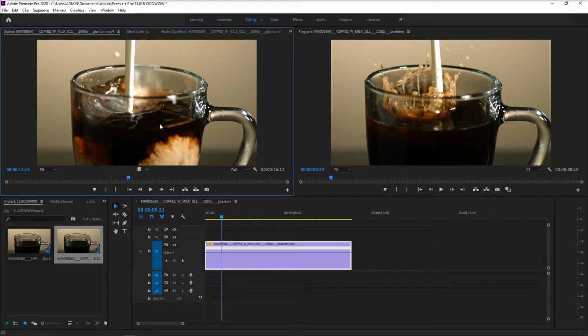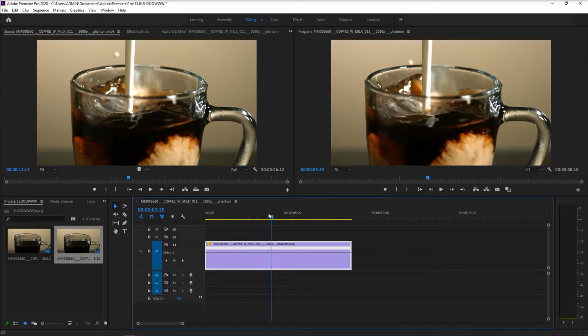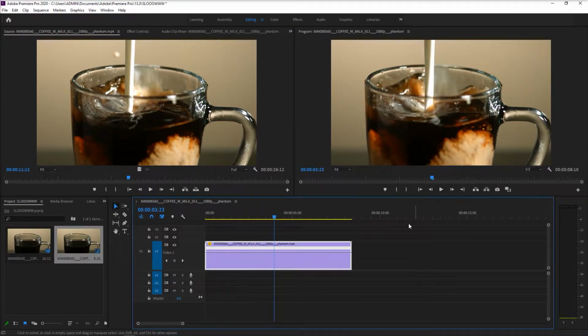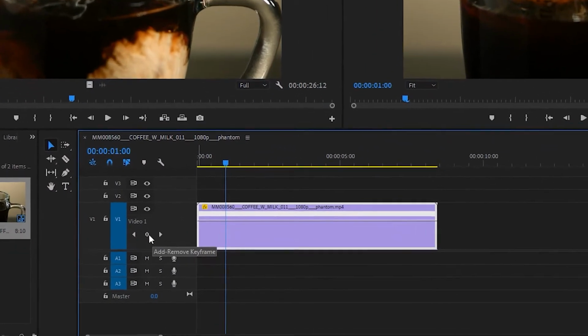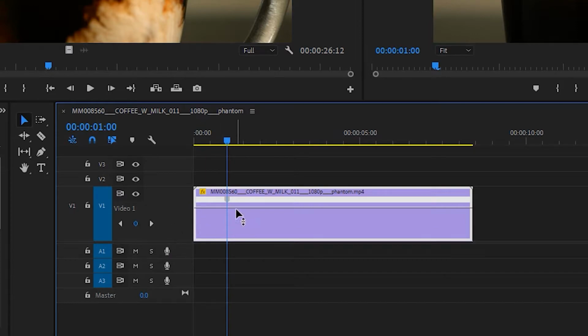As we saw earlier, this video was slow motion, but we increased the speed of the video and the video reduced to about 8 seconds. Before it was 26 seconds. So next thing, I'm gonna be choosing the point where I'm going to start the slow motion of the video. This is the point I want to start, so I'm going to import a keyframe in it.